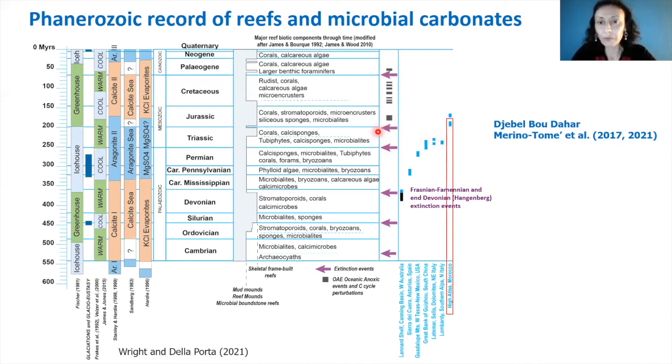microbial platform follows the Rhaetian-Hettangian. We have the Hettangian where there are very few carbonates. Then in the Sinemurian and Pliensbachian, the Pliensbachian is basically the moment in which we start to have a coral reef after the last coral reef that we saw in the Rhaetian. So there is still the effect of the Rhaetian-Hettangian extinction event. The Toarcian that he is referring to is